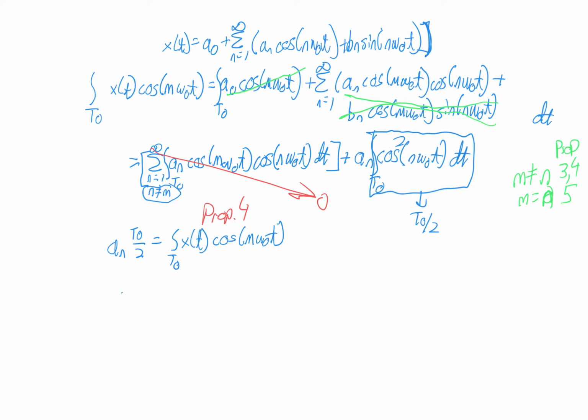So now if I solve this, I can say a of n equals, and I multiply by 2 over t0, and then I have this integral right here. But m is equal to n. That was the surviving term a couple lines above, so this is n. There we go. And that is the expression that was given at the start of this section. So now we have this formula, and we could do a very similar proof by multiplying by a sine instead of a cosine, and we would find the b's. And let's jump back here to the